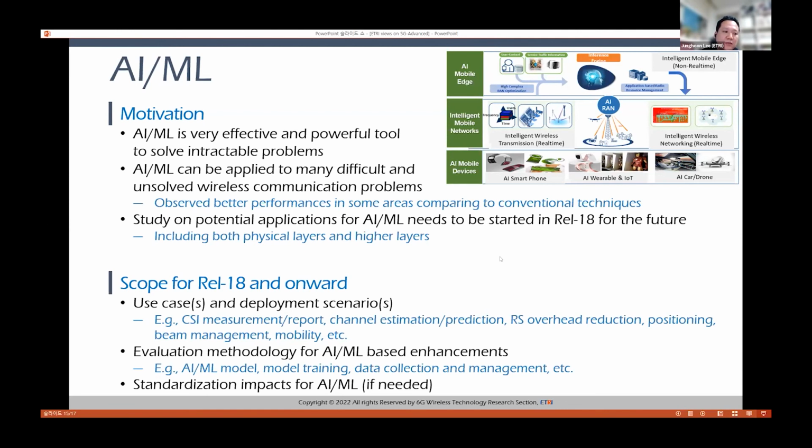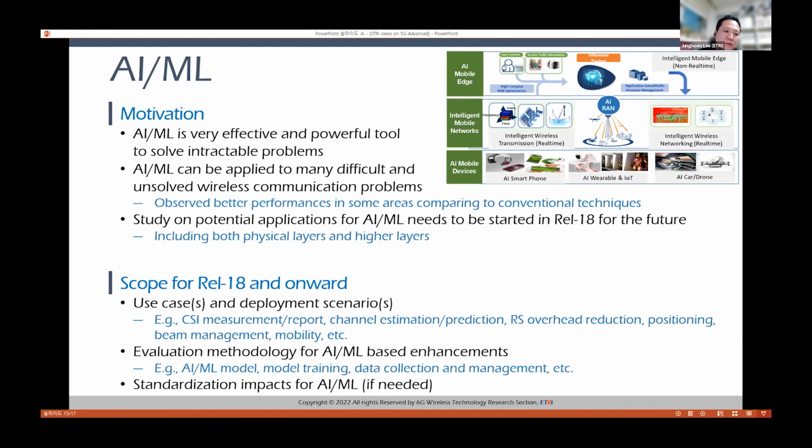Since AI/ML is a bit fresher than other technologies, we thought it needs to start with the study on use cases and deployment scenarios. For use cases, there are many candidates. CSI measurement and channel estimation, sidelink positioning, beam management, and so on. Most of the candidates, we think, are included in the initial set of use cases for the release 18 study.